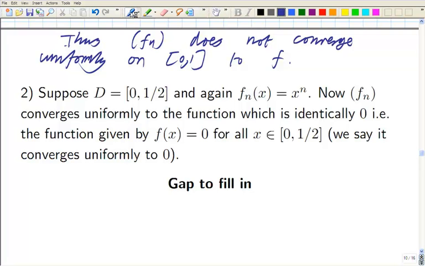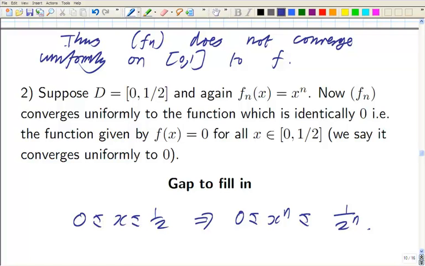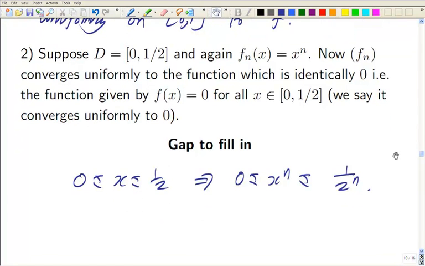And although we won't have time to finish this off today, let me give you some estimates that we'll be working with later. If 0 is less than or equal to x less than or equal to half, that implies that 0 is less than or equal to x to the n is less than or equal to 1 over 2 to the n. So actually, this is a very quick one, so I think we could finish it off. So let epsilon be greater than naught. We have to show